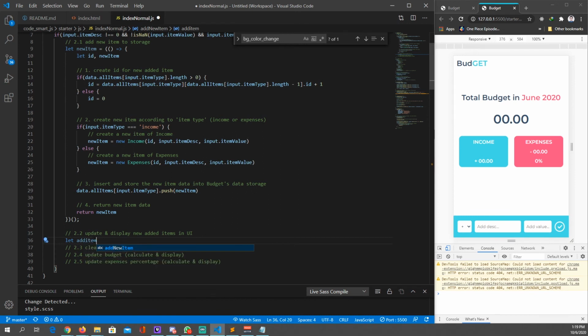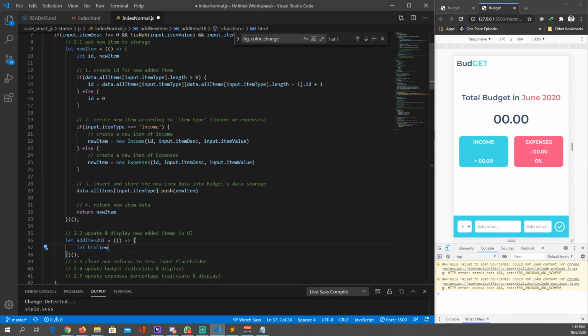So item, we're gonna add item to UI. Gonna create a self invoke function. So inside of here, we're gonna use insert adjacent HTML, but I'm gonna show you step by step. So HTML template